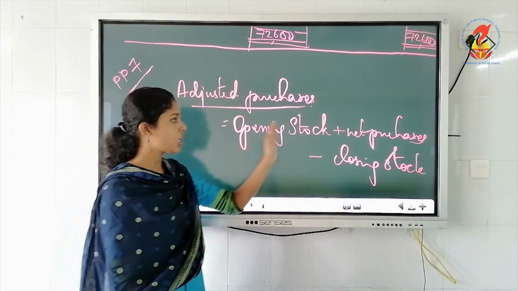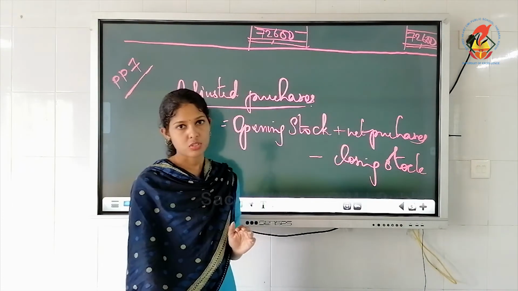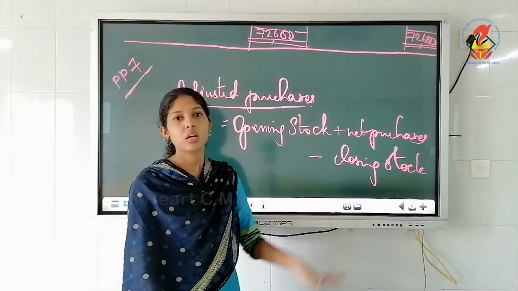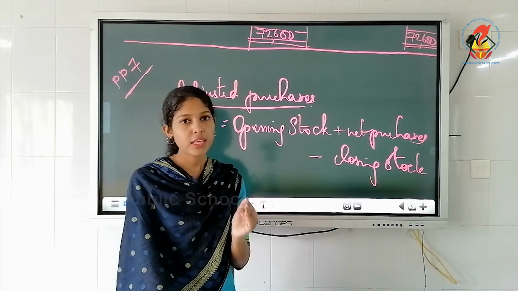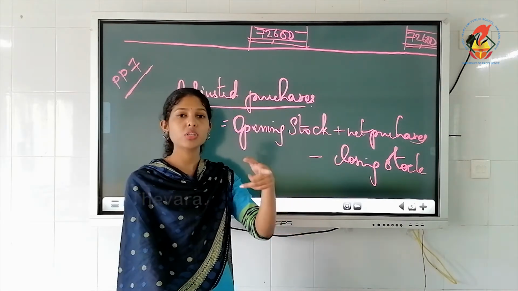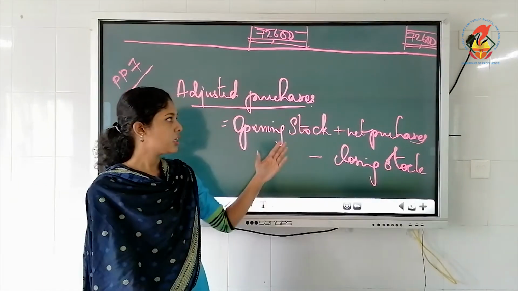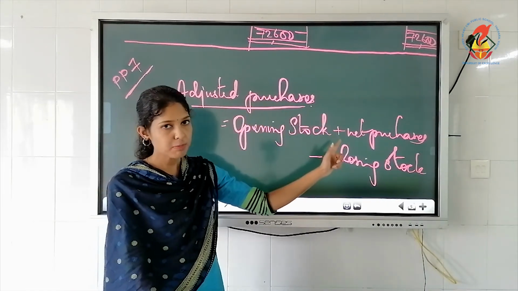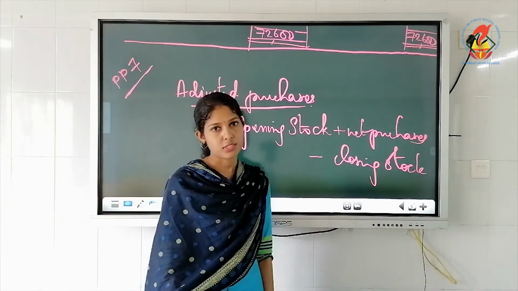So opening stock plus purchases, these two we will add. From that we are deducting closing stock. This is how we are adjusting opening stock and closing stock with the purchases figure. This is similar to cost of goods sold. Only thing is we are not taking direct expenses. There we were finding the cost of goods sold, so we included the direct expenses and all. Here you need to take only the value of adjusted purchases. We are adjusting only these two against the purchases figure.